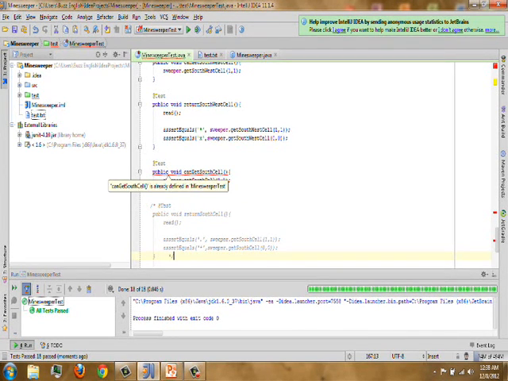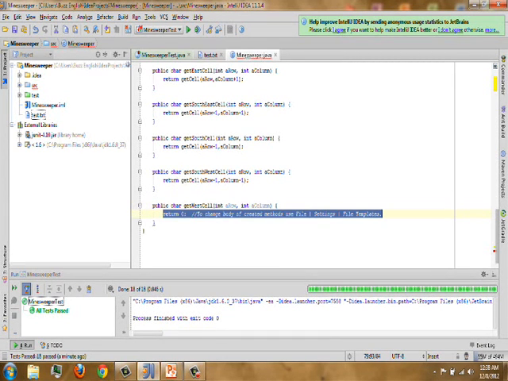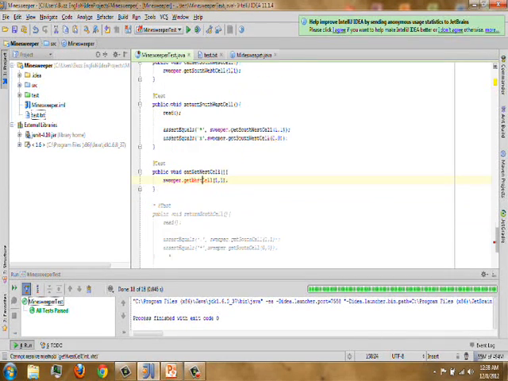We're going to get west. Get west, row and column. And I think, okay, wait, we have it already there. And then we have to test whether our